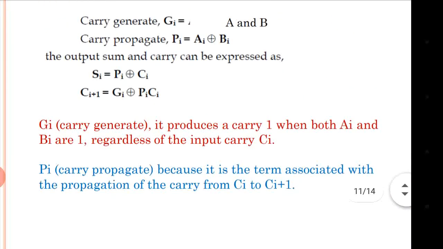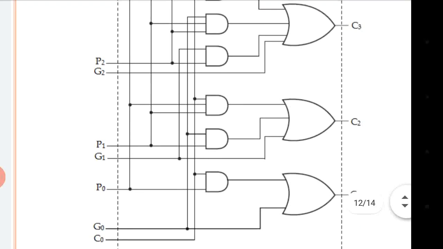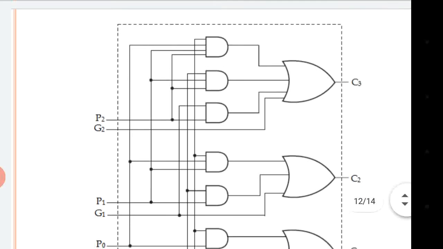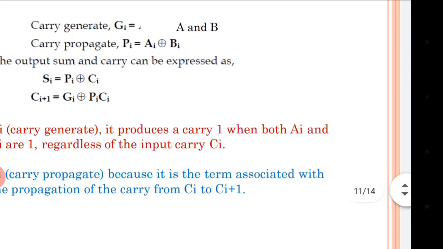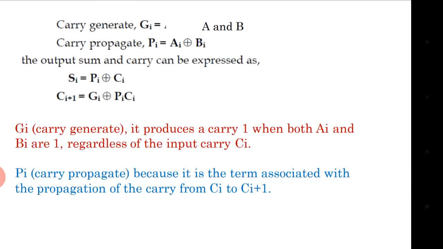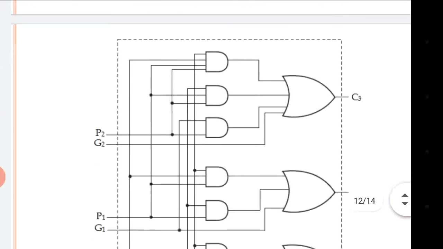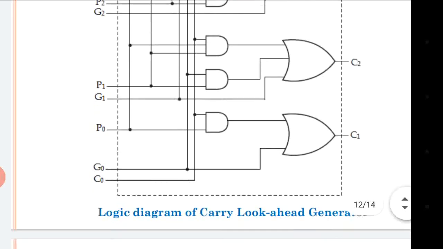So after this, all the values of C0, C1, C2 are substituted in this example, and you will get the final answer. So if you implement that, you will observe carefully. In this example there is an AND gate over here. By mistake there is an XOR in the expression of Ci plus 1, so consider it as an OR, plus expression. Now if you implement this, you will observe this diagram.